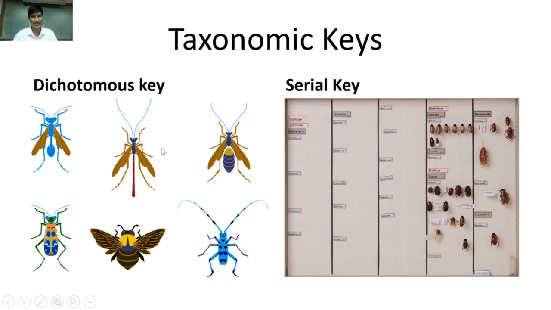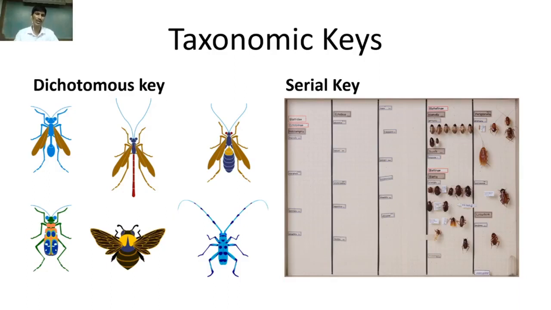Similarly, we see the wing patterns. These 2 characters are the wing patterns. Here we see the wing pattern, the length of the wing, and again the wing structure, the wingspan. This animal is put in a different category. Similarly, we use different characters. In the dichotomous key, if the abdomen is oval, then it is put in one category.